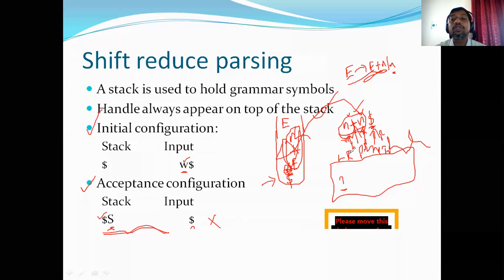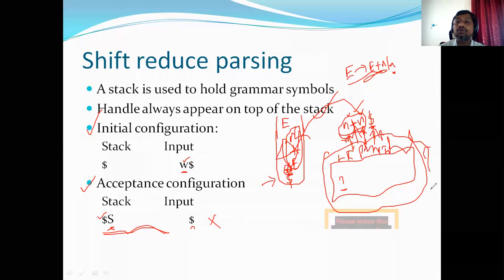Here also the important thing is how to construct this LR parsing table. This is the crucial one. Whether we have to go for shift or reduction, that decision comes from the LR parsing table only. So in the next coming classes, we'll see the various kinds of shift reduce parsers. The working principle is the same for all of them. They only differ in their parsing table construction process.